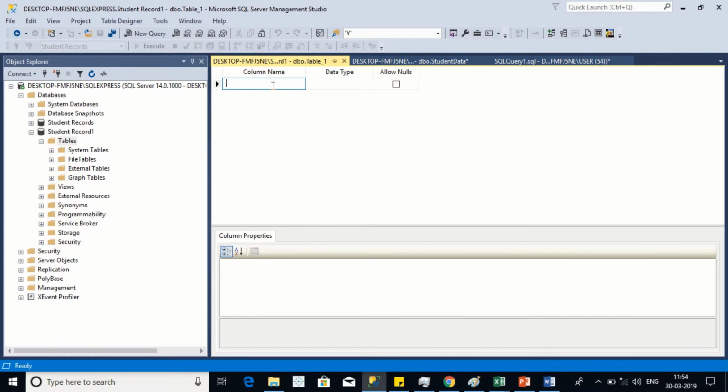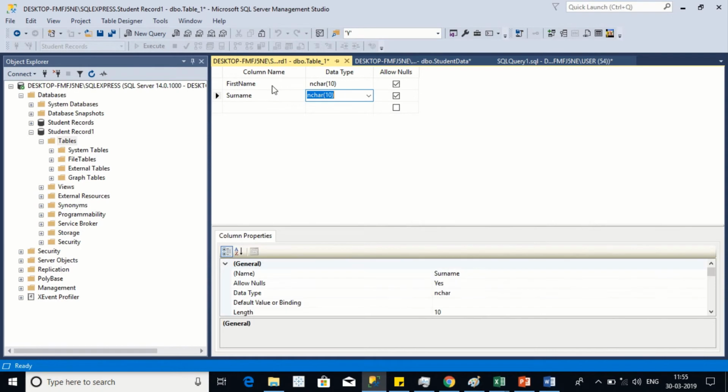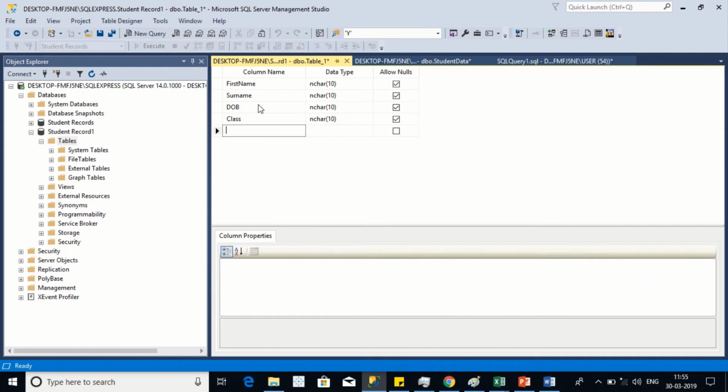Suppose I am going to create a student record database, so I need student data. What data is required for the student? First name of the student, and then surname of the student, then DOB of the student, class of the student, and that's all.